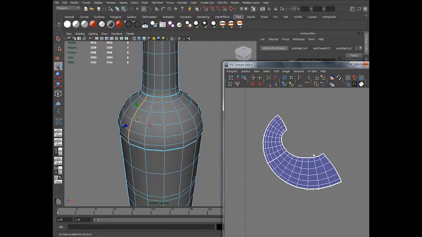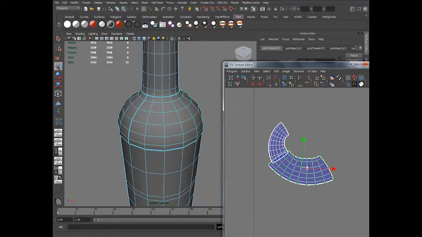I prefer to use the border edges and again unfold.